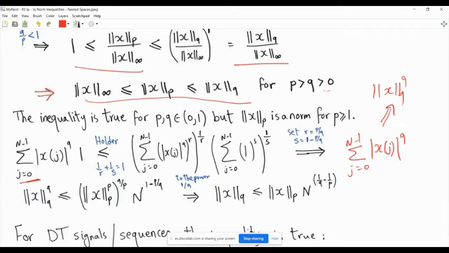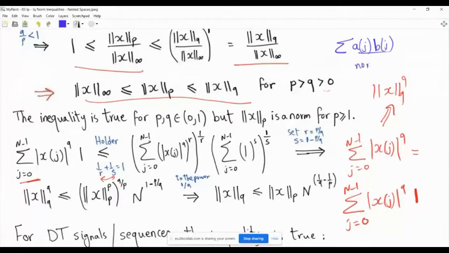So we are summing the components of one vector, but you can think of this as a summation j from 0 to n minus 1 of x of j to the power q, where each term is multiplied by 1. What is the Holder inequality telling us? Because we are using p and q already in our proof, let's apply the Holder inequality with r and s. Remember, if you have a_j and b_j, and those are non-negative,